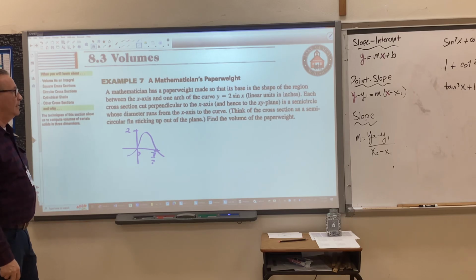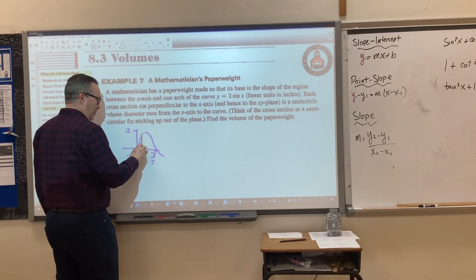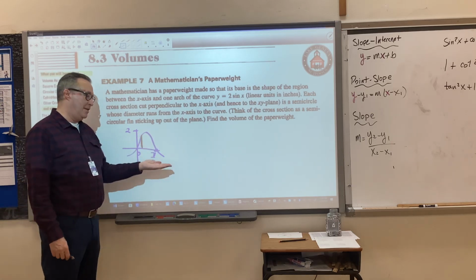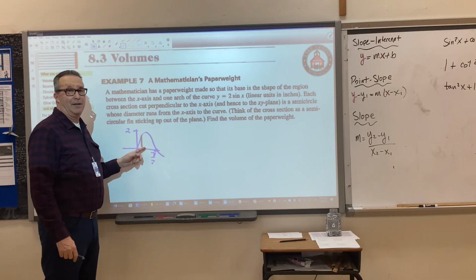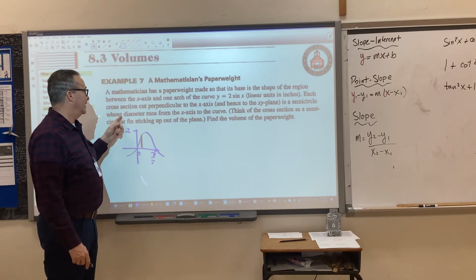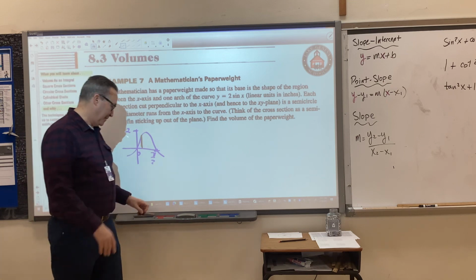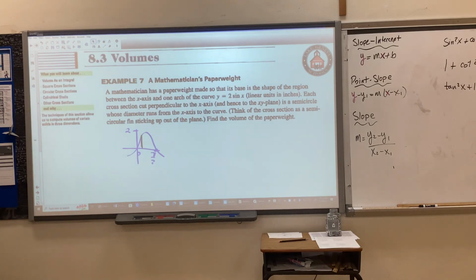And this, the base of the weight, is this. And the rectangles still go from 0 to pi over 2, perpendicular to the x-axis. But this is the base of the weight, and each cross-section perpendicular to the x-axis is like half of a circle. Anyway. All the homework does not have